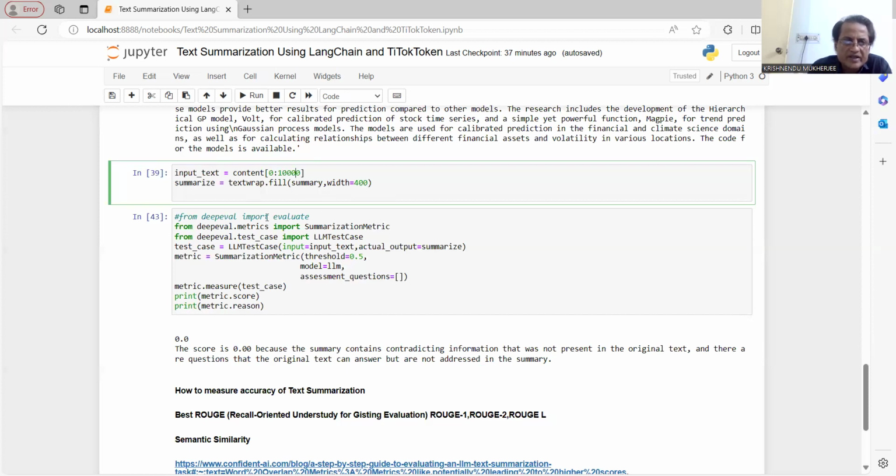So this content I have taken as the input text I'm passing here, then the actual output is the summary that you got from LangChain, that is this output summarize model. Now I'm using a metric here, that is the summarization metric. Metric is equal to the metric variable, it will take the return from the summarization metric. I'm giving a threshold of 0.5, and the model is nothing but this LLM, the large language model,